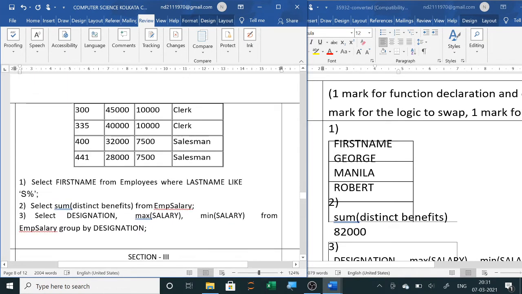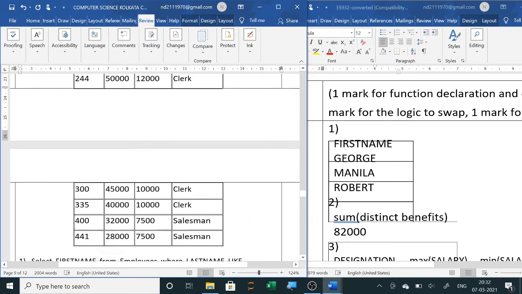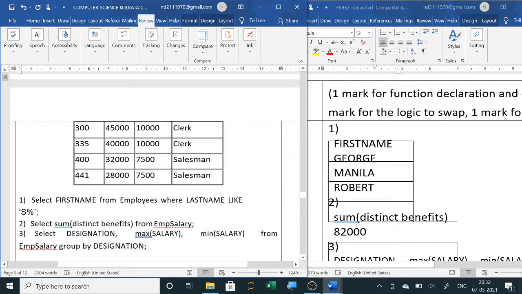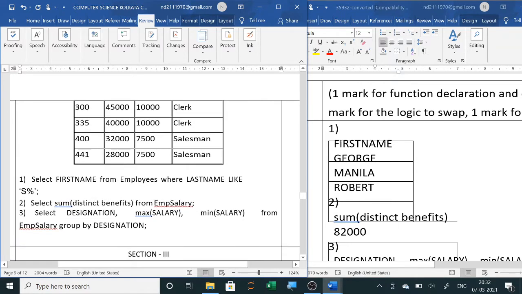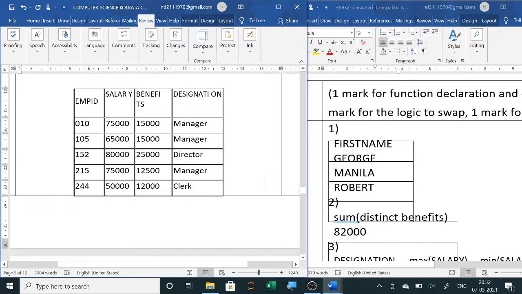Second answer is select sum distinct benefits. So you have to select distinct first and then sum. Alright, so come to salary, now 10,000 and 7,500. So benefits you have to add. Now where are the benefits?